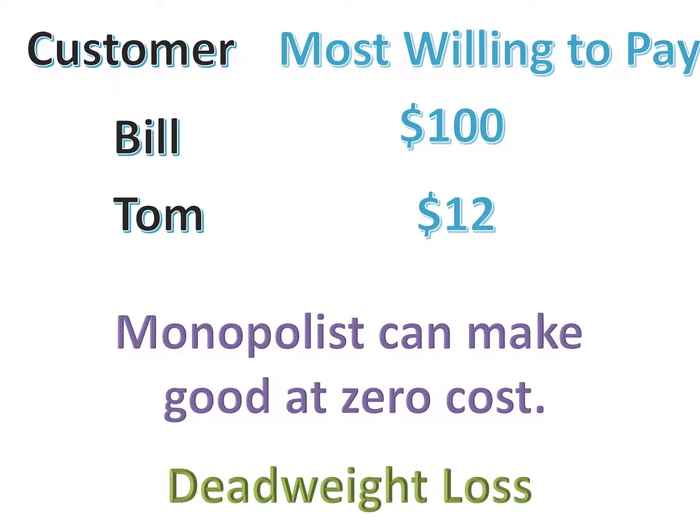The monopolist would say, well, Tom, if you were our only potential customer, we would do that. But unfortunately, the only way we can sell the good to you is if we sell the good to Bill at a much lower price than Bill is willing to pay. So we're unwilling to sell the good to you. Even though we could make a profit off just selling it to you, when you put Bill into the picture, we would lose so much money from having to give Bill a reduced sale price that it's not worth selling it to you. Now, the monopolist's unwillingness to sell to Tom creates what's called a deadweight loss.